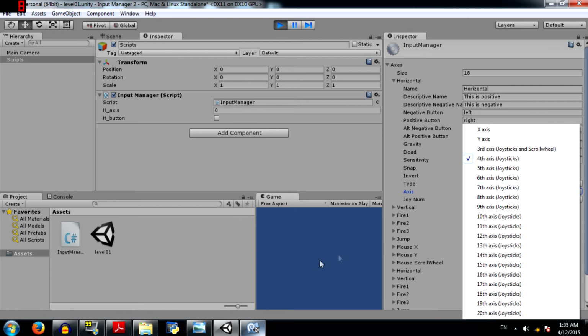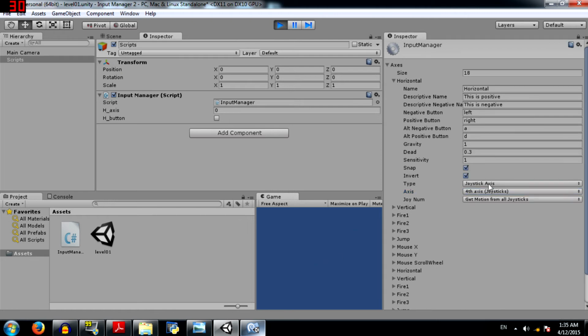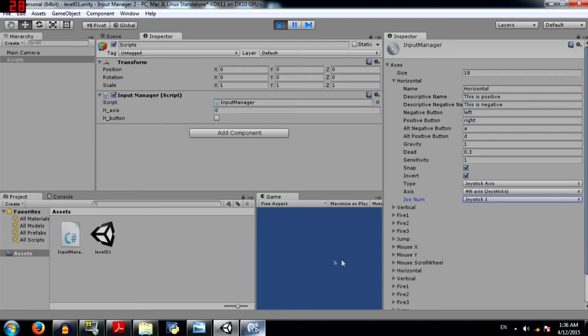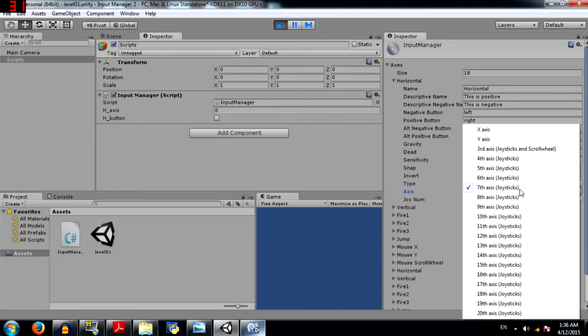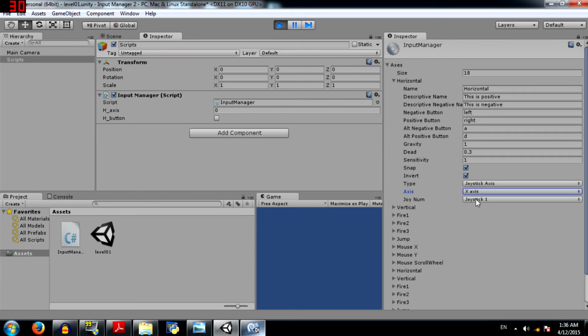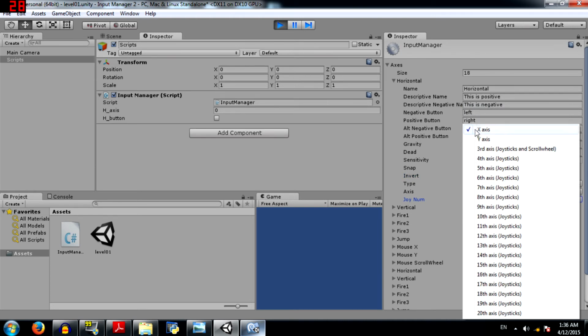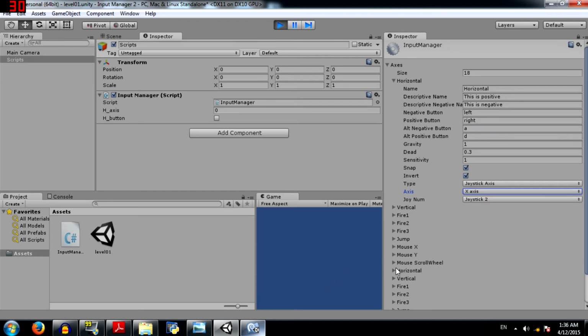Now let's take a look at buttons. Oh, wait, before that. Joystick number. This is so that you can set up different axes for different joysticks. In this case, joystick 1. Let's try it. I'm going to change this to x-axis and I've set it to joystick 1. It works. If I set it to joystick 2 and set this to x-axis, wait, before going any further,